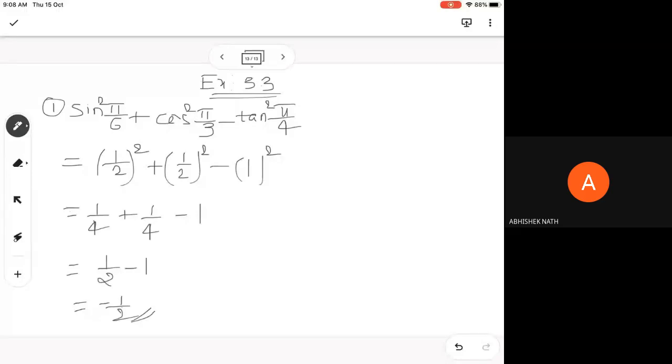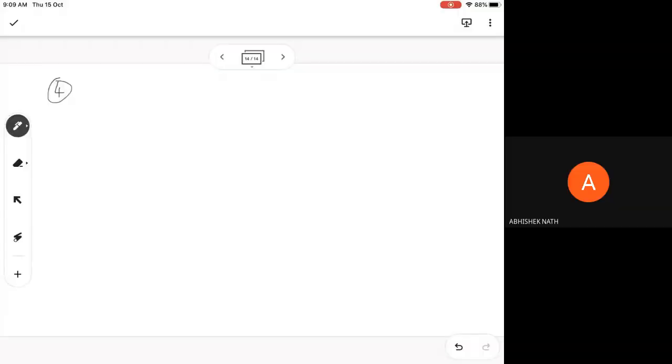What's the value of 3 pi by 4 you have to see? 2 sine square 3 pi by 4 plus 2 cos square pi by 4 plus 2 secant square pi by 3. Its value is equal to 10, you need to prove. It is given to you to prove that one. So what is the value of